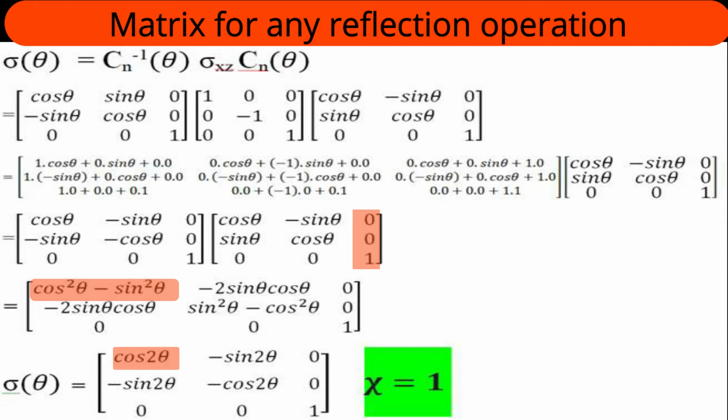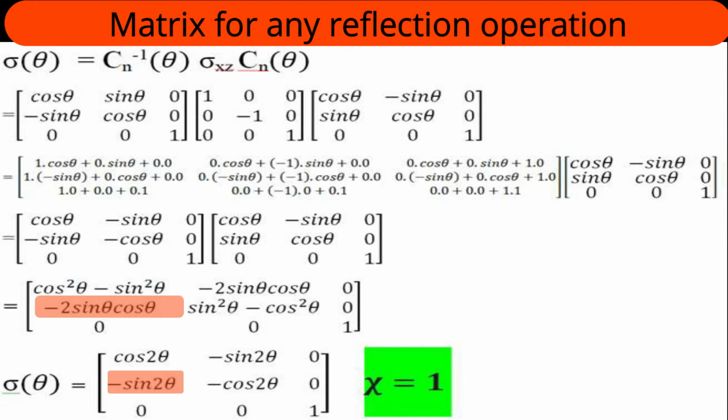Respective multiplications you have to understand. Directly I represented the multiplication. Now I have to simplify this matrix. I told you already, cos square theta minus sin square theta, what is the answer? Cos 2 theta. So the first element of the resultant matrix is cos 2 theta. What is 2 sin theta cos theta? It is sin 2 theta, but the minus sign is there outside. The resulting term at A12 is minus sin 2 theta, and the last, A13, was 0.